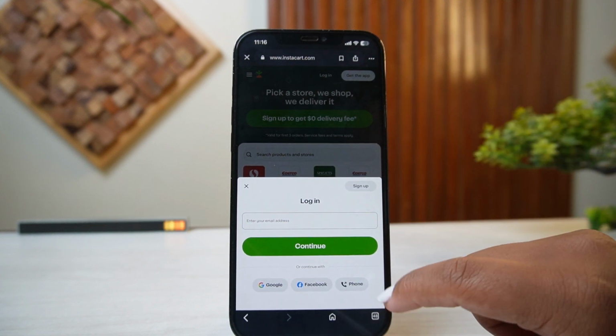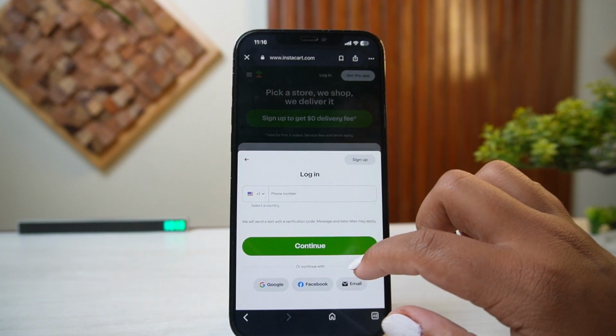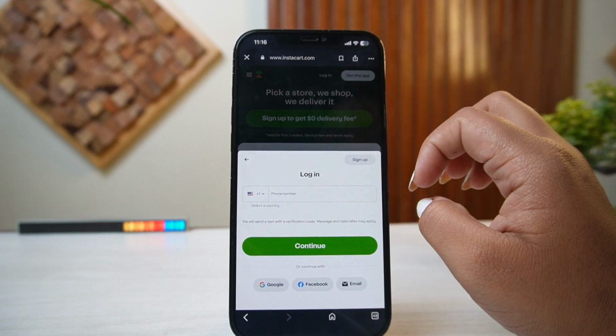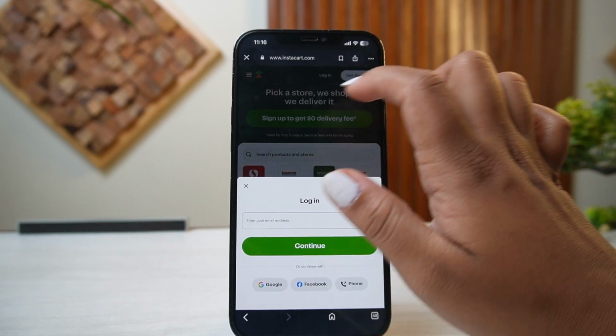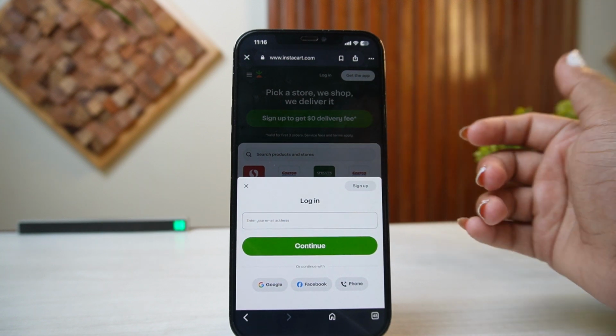But if you have used your phone number, you can also tap on the phone number right here, and all you need to do is add in your phone number, and when you tap on continue, there you'll be able to write in the verification code sent to you, and after writing that verification code, you'll be able to log